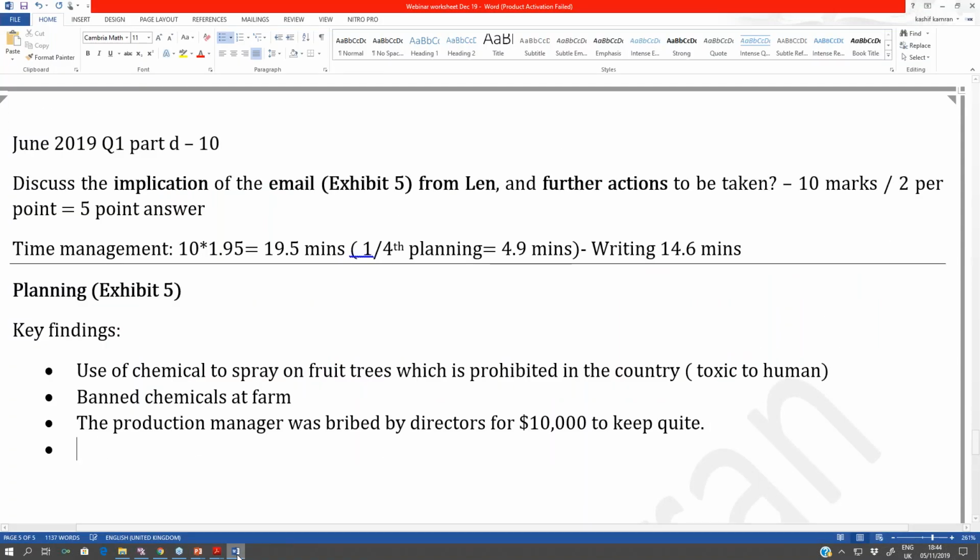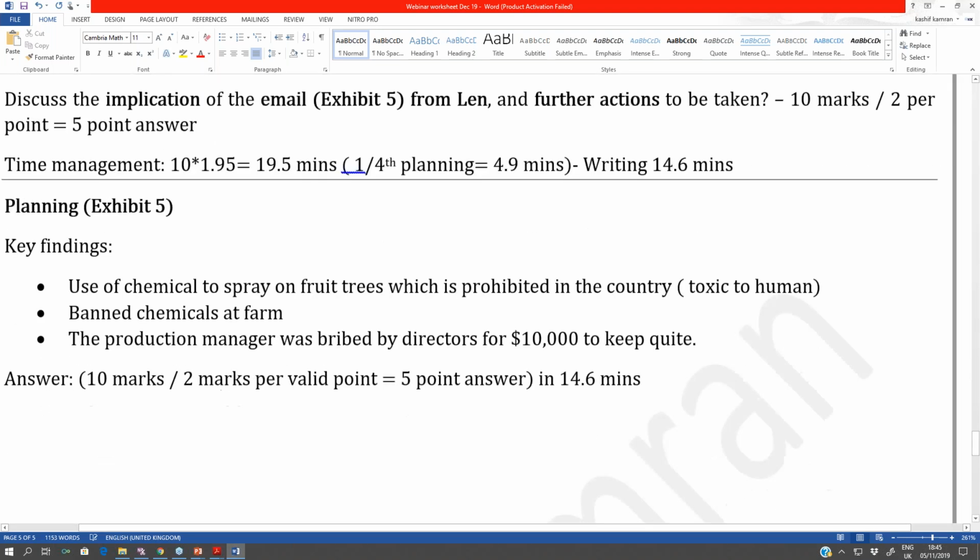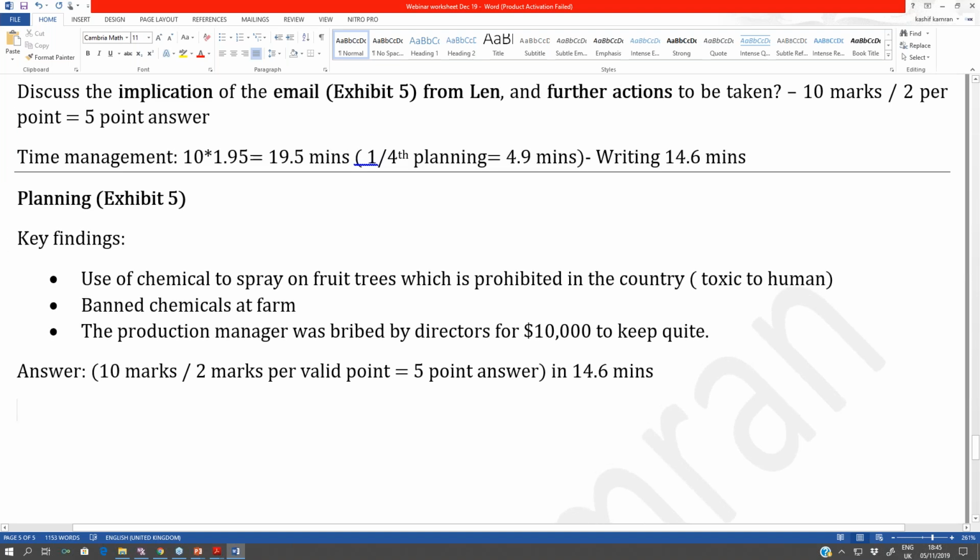Okay, let's see what's happening here. We need to plan the answer now. We have a 10 marks answer divided by 2 marks per valid point, and we need to write a 5-point answer, to be written in 14.6 minutes. Discuss the implication of the email you got from Len. I think the first implication is, if I make my sketch answer and then convert the sketch answer to paragraphs, the first implication of the email you got from Len is